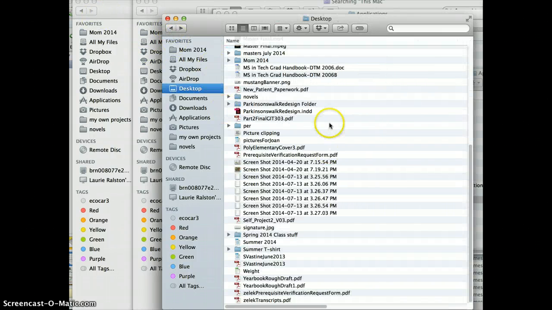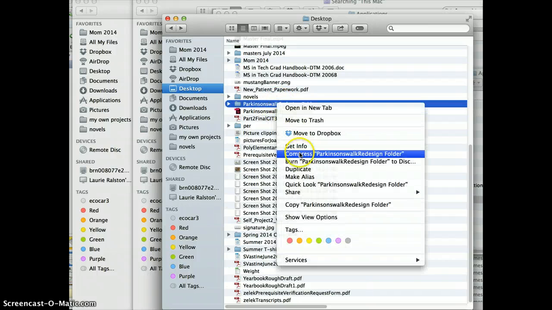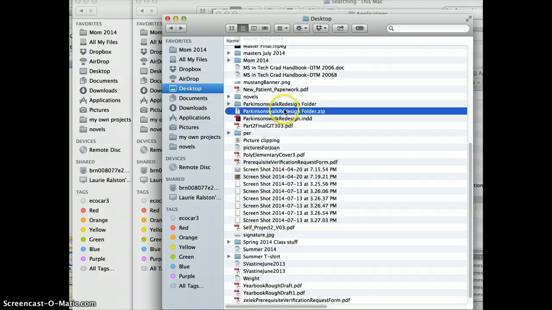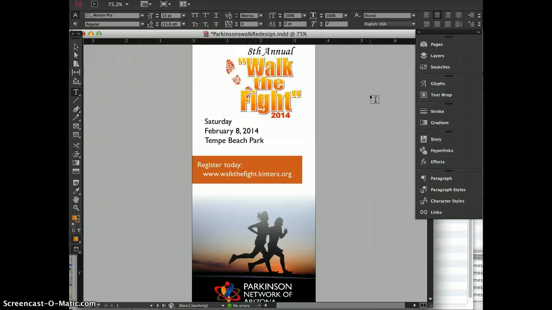Now the other thing that I would do is I would then probably compress this, which is just basically making a zip folder out of it, and now I have a zip folder that can be forwarded or whatever to other people. So that's how you package a document for when a printer or somebody asks you to package something. I've asked you to do that for project 3. So although it's